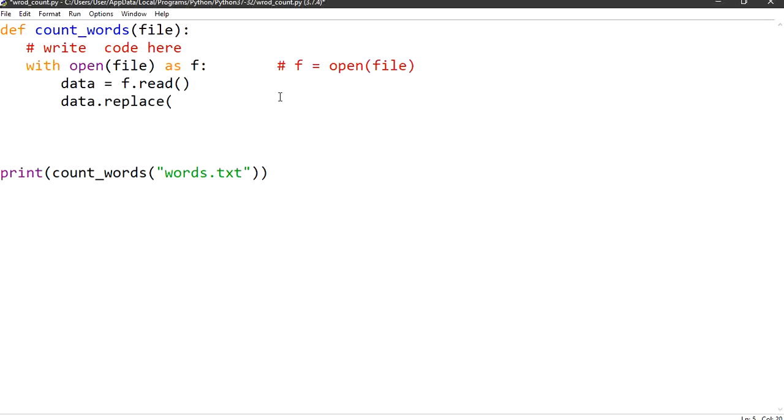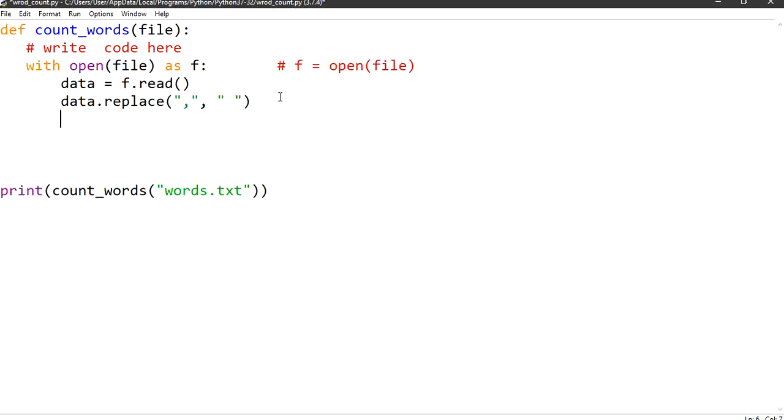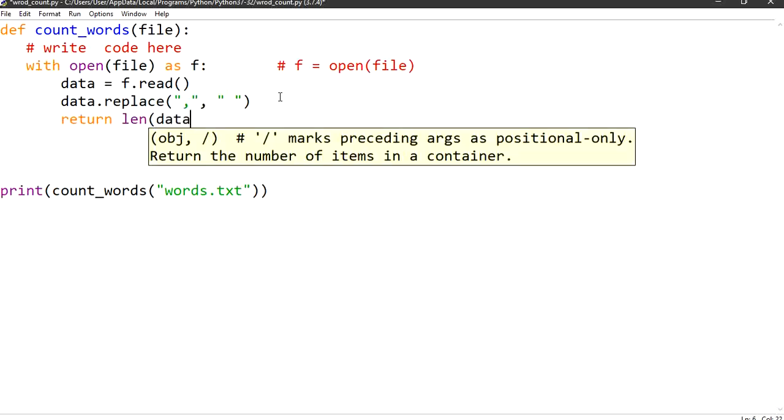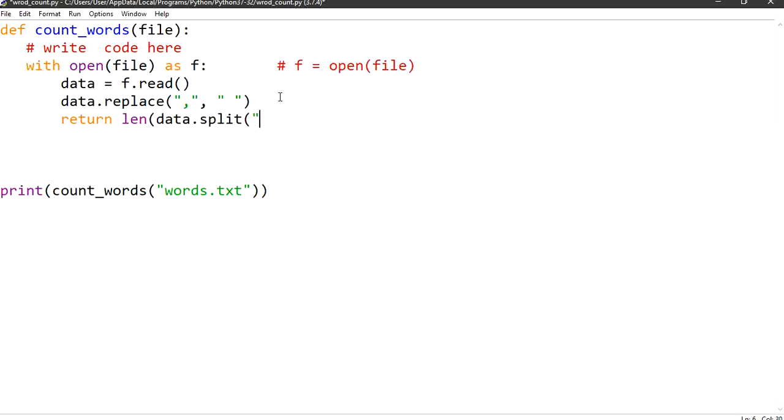I'm going to replace the data which has a comma with a space, and I want to return the length of the data using the split function. Now how are we going to split that particular thing? Wherever we see a space, split it. That is the first term, whatever the length we have. So this is it. This is very simple.